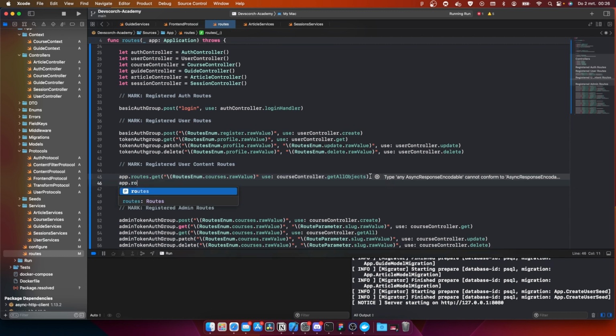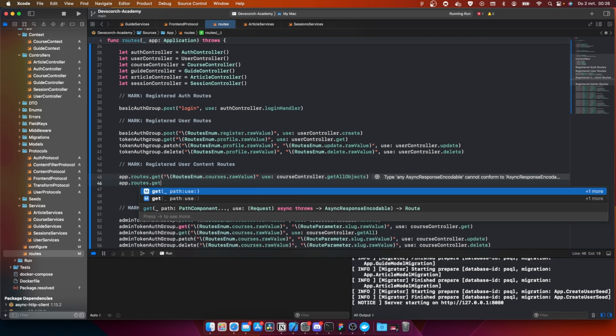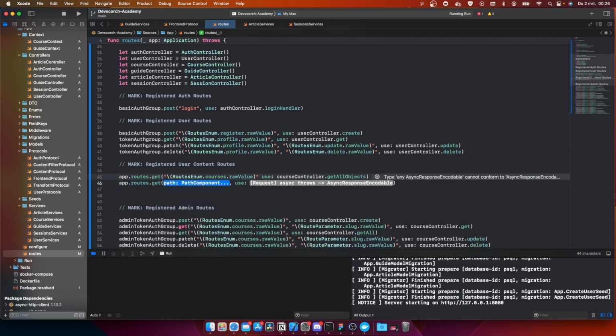Then app.routes.get. Then we're gonna do something like this. So we still want the user to check what kinds of information he can see on the route. But the coolest thing is, because when there is no logged in user, it's only gonna return the course page theoretically. Okay, so let's do courses.raw